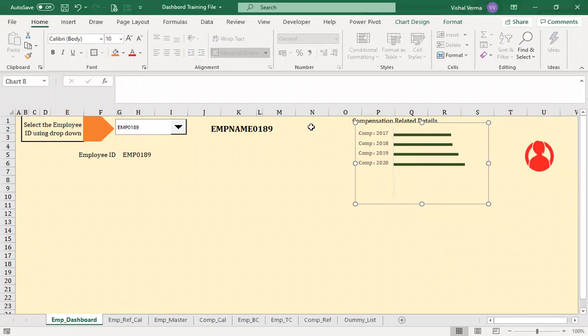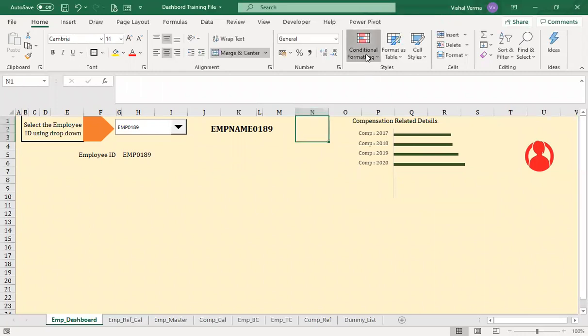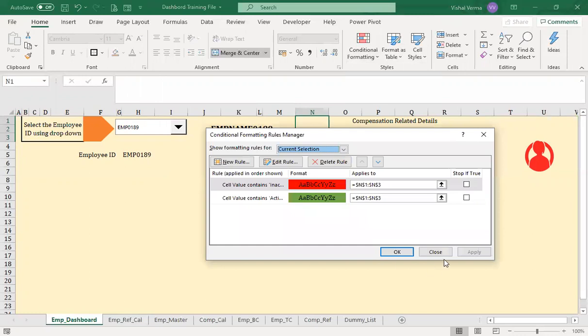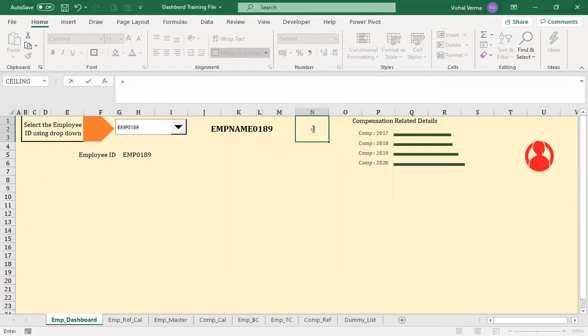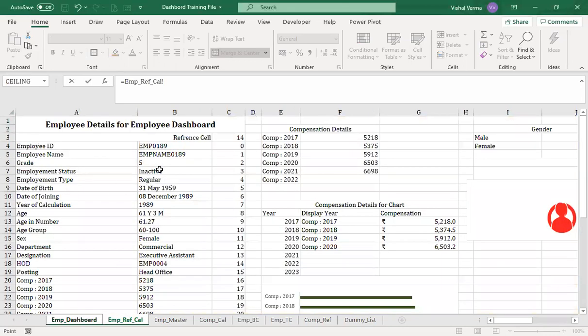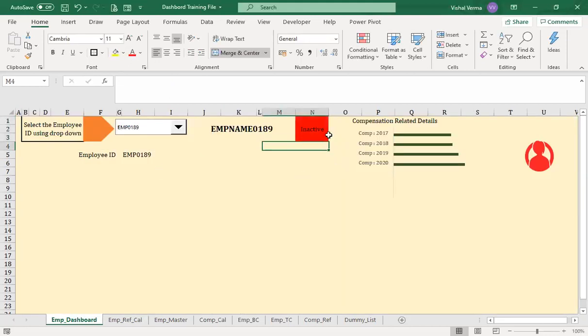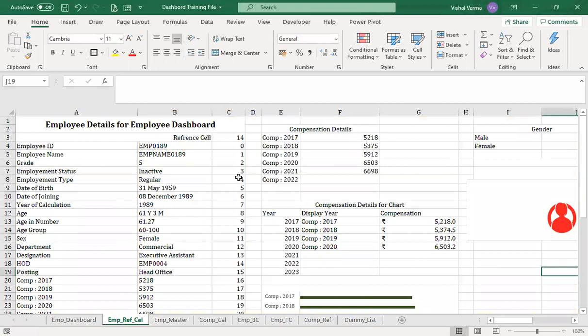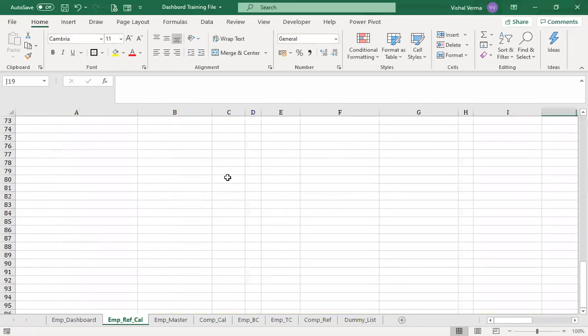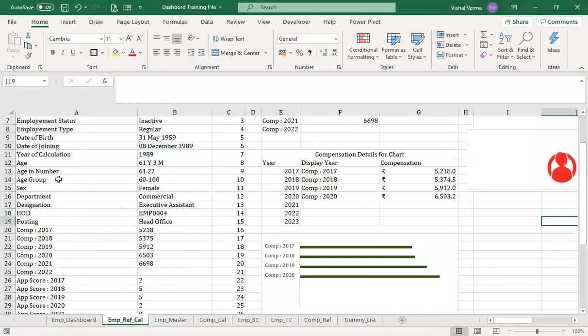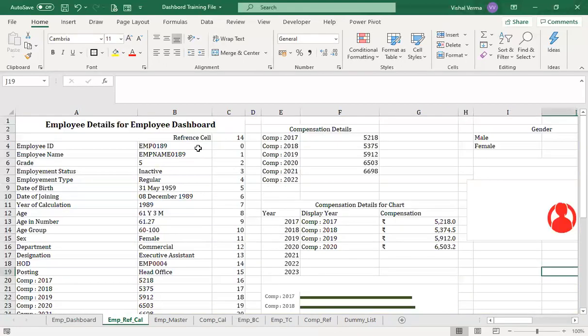So we can just select this cell, go for the conditional formatting, manage rule. Now we have got the employment status. So we can go to the reference cell and select the employment status, for whether this person is inactive, has been relieved from the organization, and so on. Now the fundamental thing is that this particular reference cell will depend upon which column you are calculating. So this column can go up to an endless list, and then you just need to have that formula related to offset.